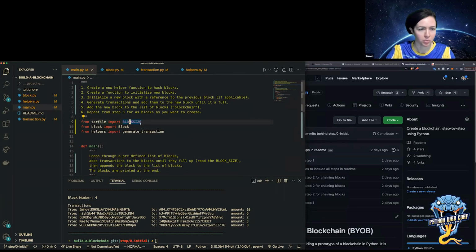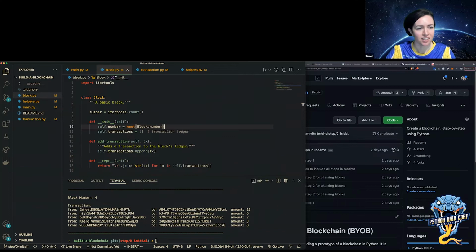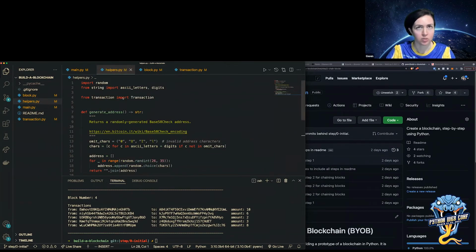Why is this being imported? Okay, so in block and in helpers, so let's go with helpers. There's a couple new helpers that I'm going to add, and to start off with, I'm going to add a hashing function.